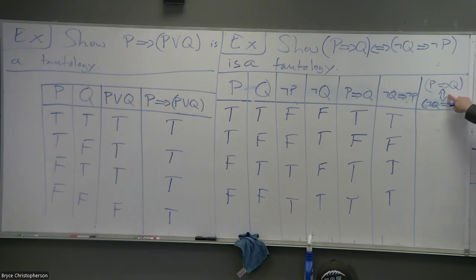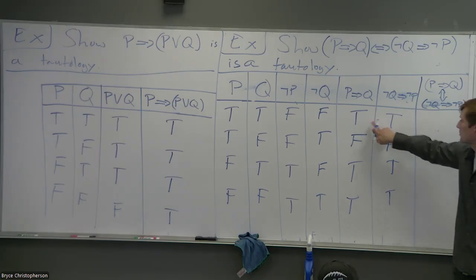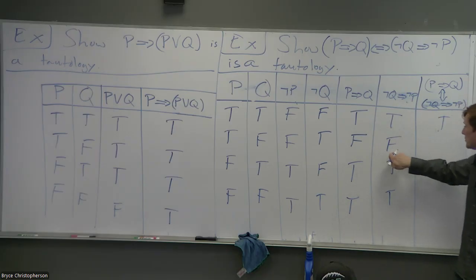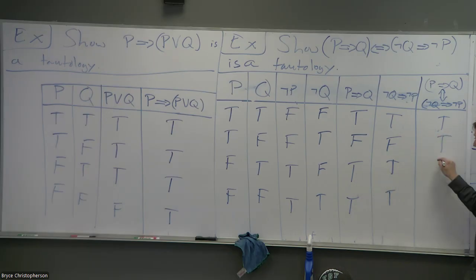When is that true? Not always, but yeah, oh, here always. Yes, absolutely, it's always true here. Yeah, they're true when they both are true. So same truth value, it's true. Same truth value, true. Same truth value, true. Hey, it's a tautology. So that's a true statement no matter what happens with P and Q.